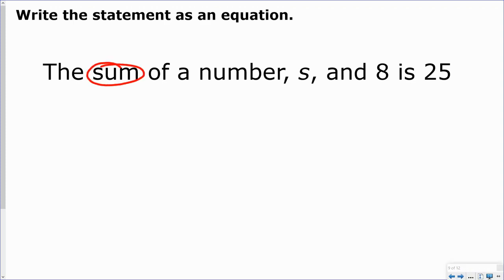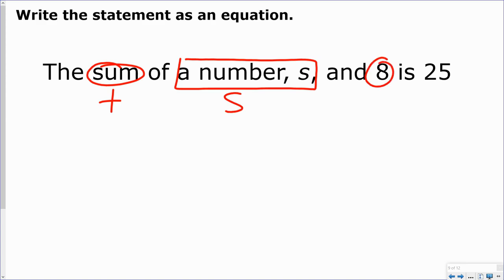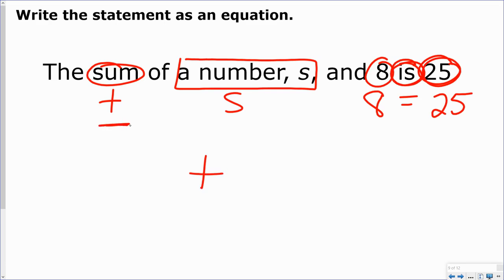here I have the word sum, which is addition. Here I have a number s, which is going to be represented by the variable s. And then I have 8, and then "is" normally represents the equal sign. And then here I have 25. And so when I look at my problem, it's going to be an addition problem because I have the word sum here. s plus